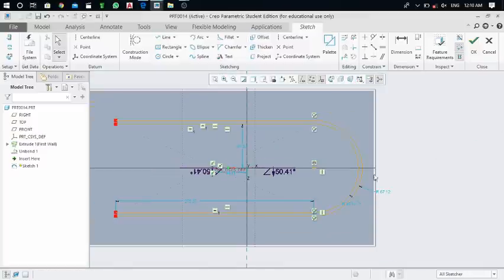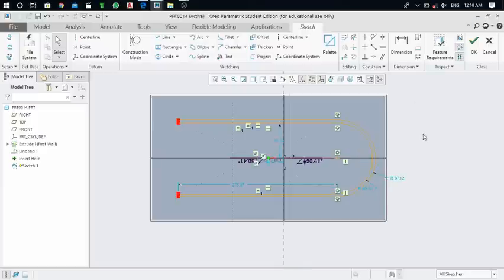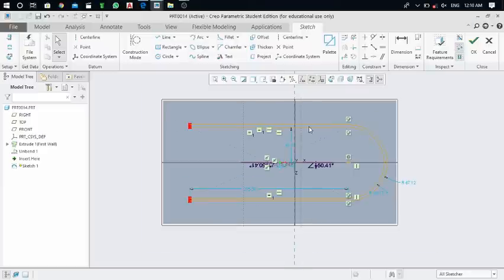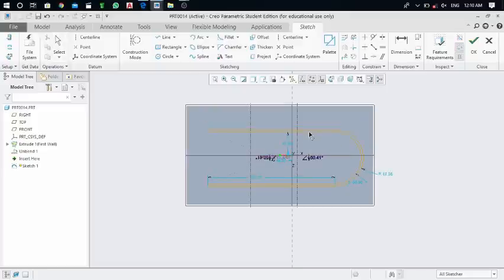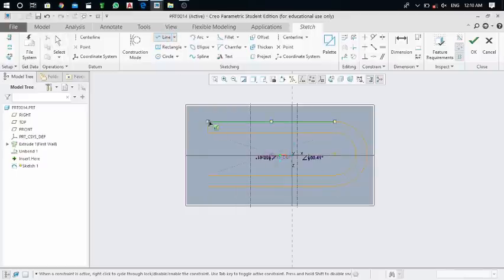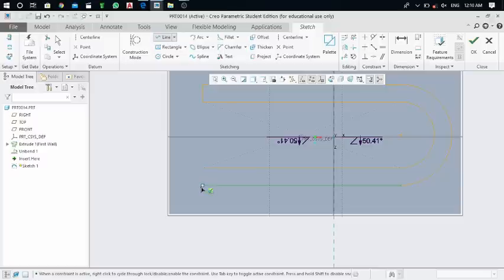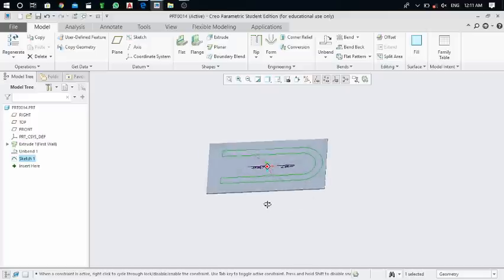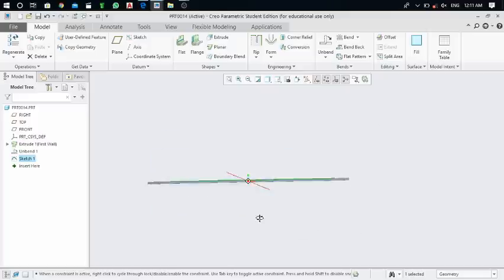OK. Now close this and press cursor and adjust the position and location of this like this. Take this line command again and draw it for closing this geometry, for making the closed loop drawing. Join this also, press on cursor, click on OK. Now here geometry is created for cutout.